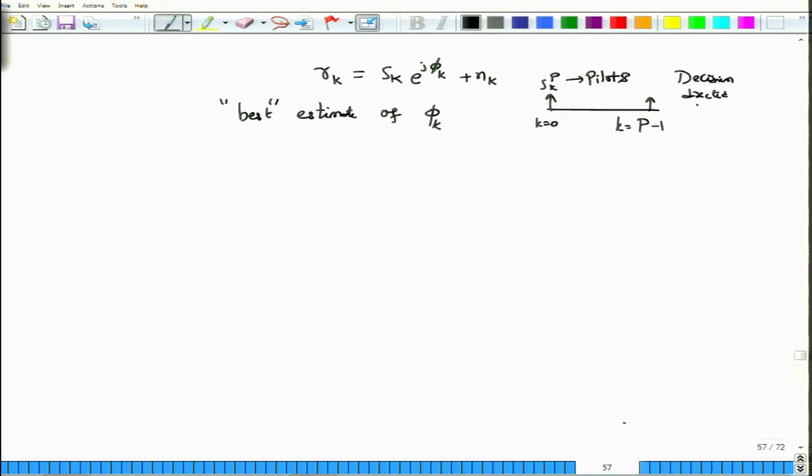In this mode you can track the phase, and if your pilot symbols are well chosen and the channel is reasonably alright, then you will suffer very small change in performance when you go from pilot or training mode to the decision directed mode. Anyway, we won't cover this in detail in this course, but you can look at other communication courses to understand what we mean by decision directed. For now we will assume that pilots are known to us and then we want to estimate phi k.